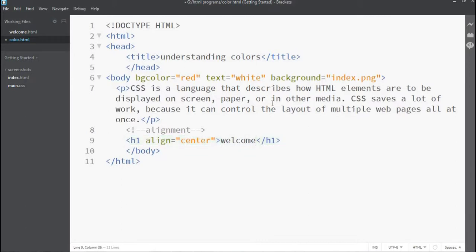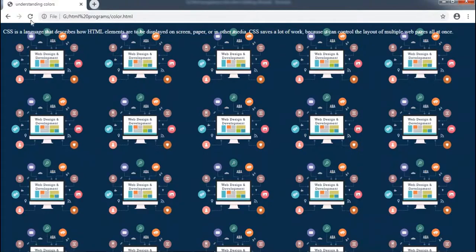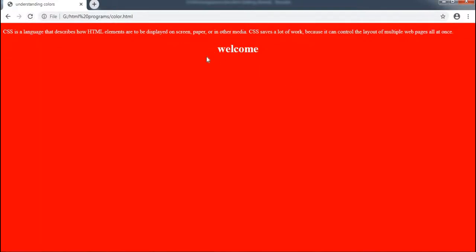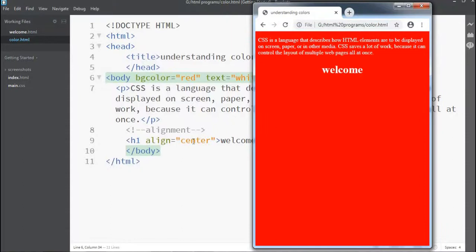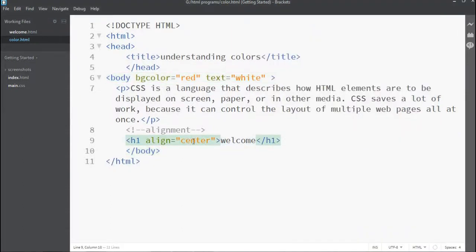Okay, first I'm removing the background image so that you can see the effect of this H1 align. Now see, when you just refresh it, with the help of H1 the value is coming in the center part.